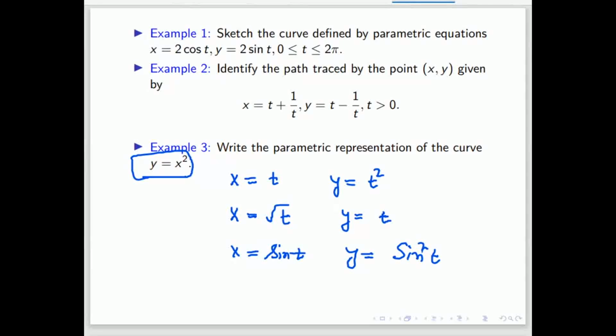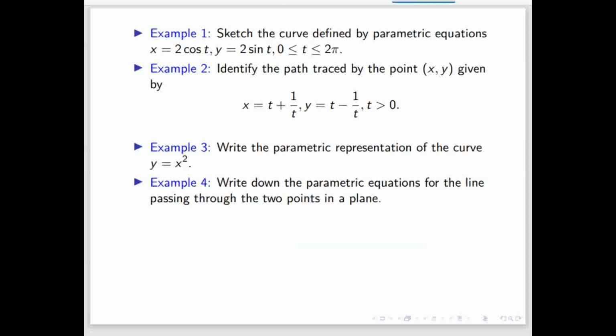So some questions will come there. You have to first define the parametric equation, and based on that you have to do your calculation. You will see that later. So can you give me a parametric equation of a line in 2D passing through 2 points in 2 dimensions? Then we will see in 3 dimensions.